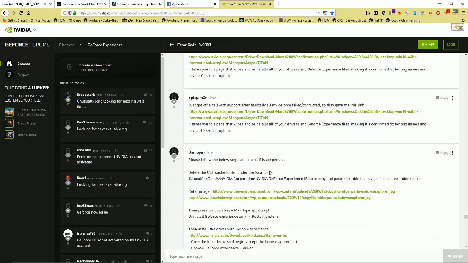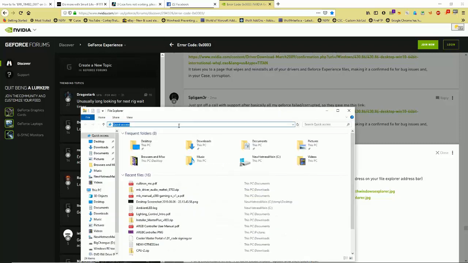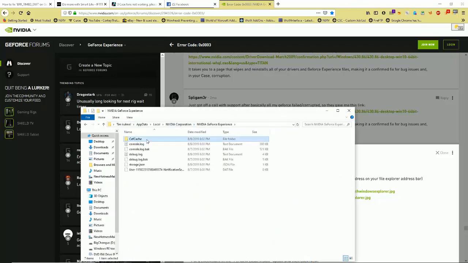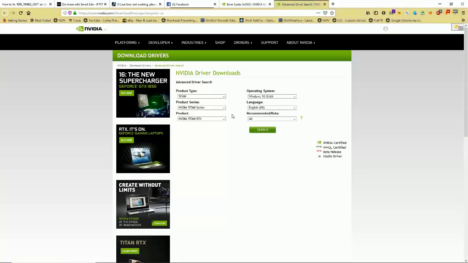So here is the cache folder that the one guy was talking about. Local data, Nvidia Corporation, GeForce Experience, and then deleting the Ceph cache that's in there. So if you right click, you go to copy, hit Windows and E at the same time, paste it. He was saying get rid of this whole folder right here, then blow away your full GeForce. He said it is GeForce only,